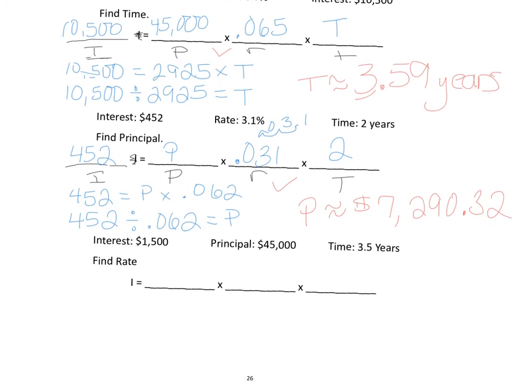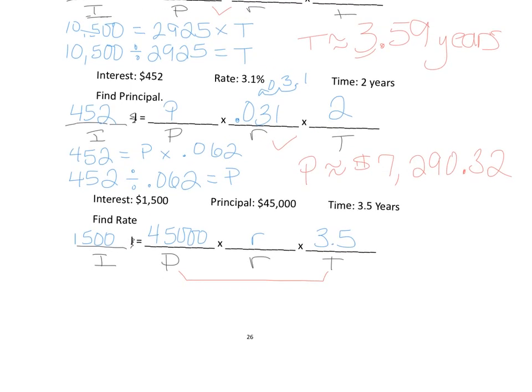Going on to the last one, in this case, we're looking for rate. So we know that I equals P times R times T. The interest is $1,500, which is the amount we put on the credit card, the amount that was deposited in a bank account. Our principal is $45,000, and our time is 3.5 years. We're asked to find rate. In this case, we're going to multiply principal and time, and we end up finding out that we have 1,500 equals 157,500